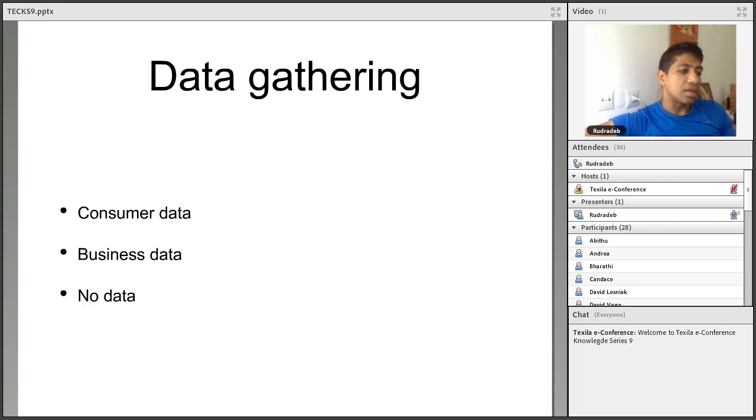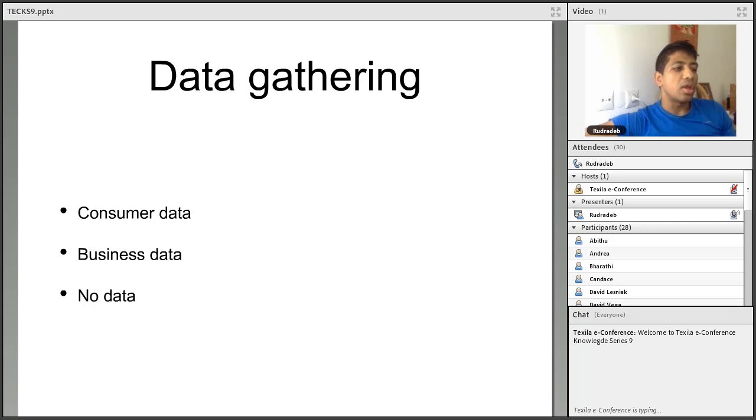Now, in the consumer data, on one side you have the likes of Google and Facebook who are, for whatever reasons, using data often without you being aware that your data is being used, and that creates a mistrust, and is not the right way to go ahead if we want to build products that people will use.